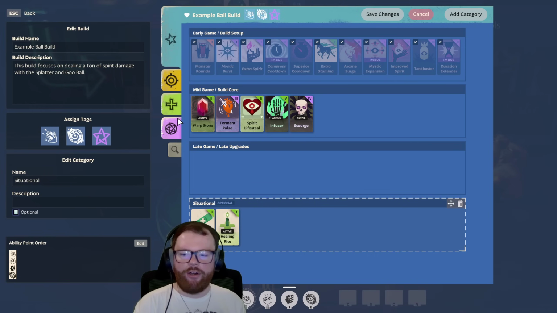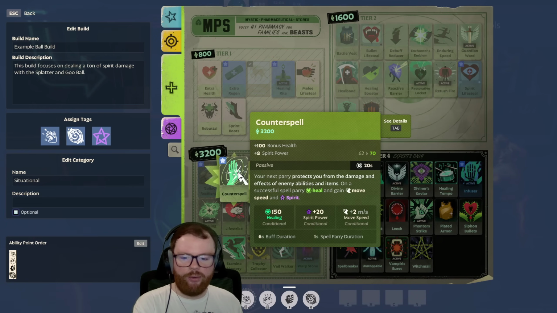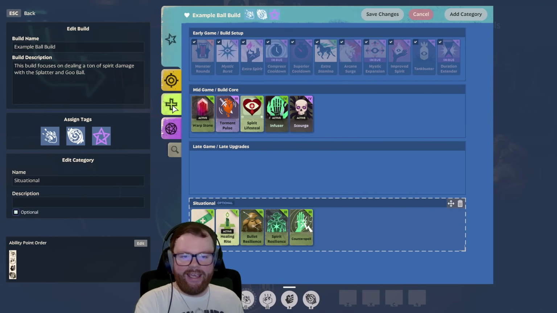It's around this time that I also like to think about adding some other situational items to my build that I would plan on getting around the mid-game. So, those armors that I just mentioned, I usually like to put in the situational category, along with Counterspell. Just some generally helpful situational items, no matter what character you're playing. And we also want to think about what situational items would help our character specifically. For example, we would usually want some kind of